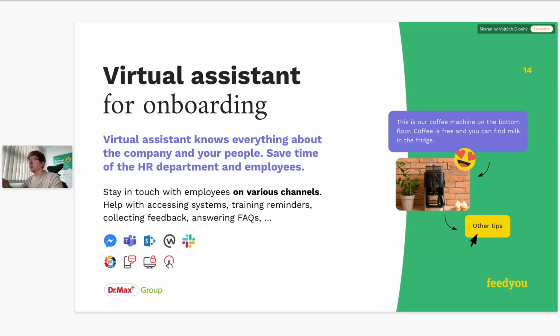So, for example, the employment contract is already signed, the GDPR consent is already signed, you have access to the CRM system, or you have an email address, or you have working clothes, whatever. We want to make sure that the process is fulfilled. We can ask, and we can provide you with these insights, answer FAQs, and also collect feedback.